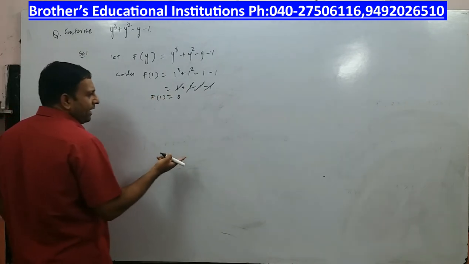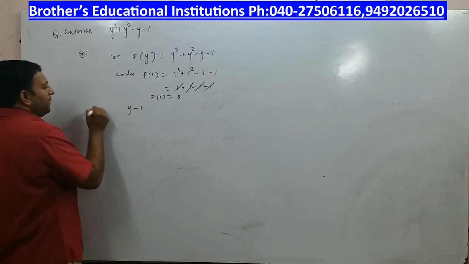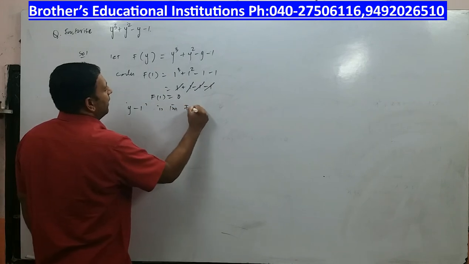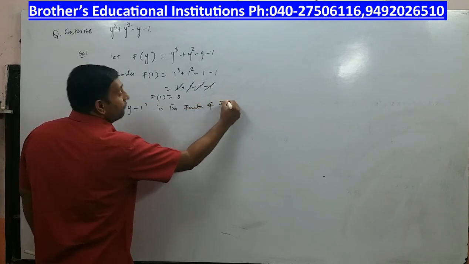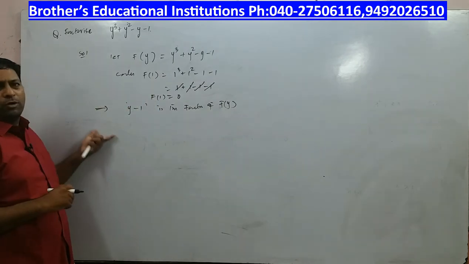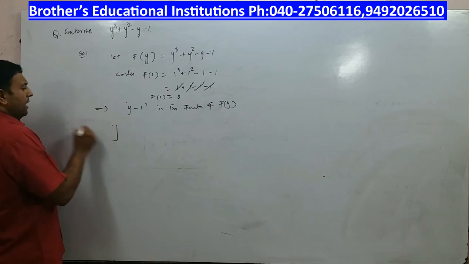And as per the factor theorem, when f of 1 is 0, there you have told x minus 1 is a factor. But now the question is in terms of y. So you will write therefore, or it implies y minus 1 is the factor of f of y, not f of x, f of y. So now what I have to do? I have to go with division and find out the remaining factors.